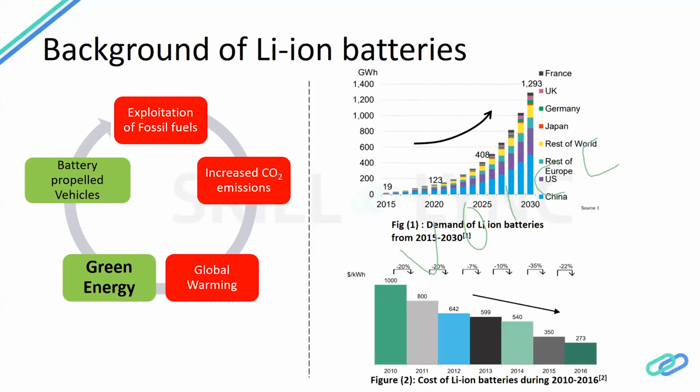Now we don't have 100% battery propelled vehicles. We can use hybrid vehicles. They'll use the battery to a certain part, and then a conventional IC engine, so that you have a mixed energy available for the propulsion of your vehicle, right? So you use the IC engine when you need extreme loads. When you are not needing extreme loads, like you are in traffic, you'll use the remaining battery part. So then you have a hybrid. So we work towards the hybrid.